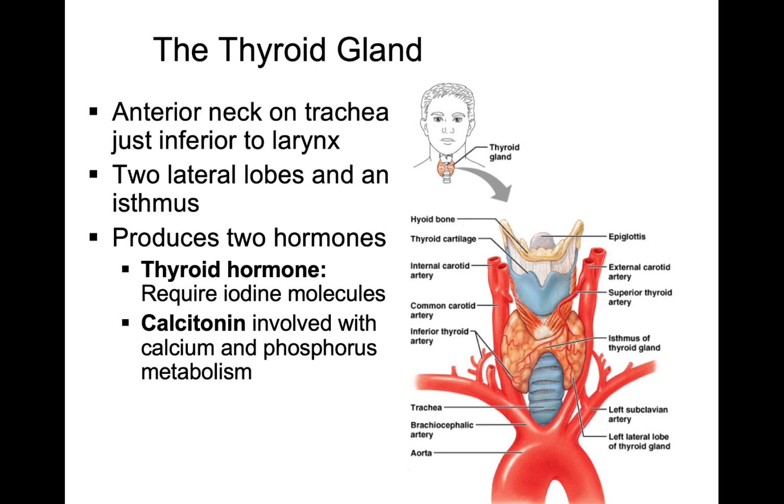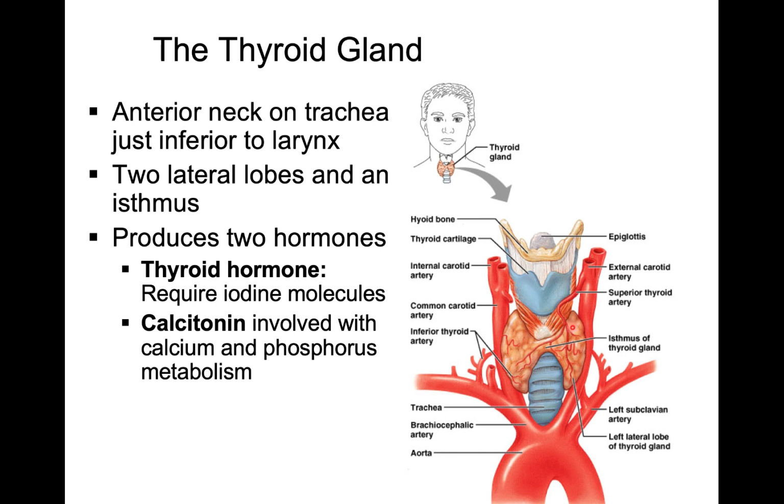Working our way down a little bit more, we have the thyroid gland. The thyroid gland is going to be found wrapped around your trachea, on the anterior portion. If you see this guy here, that's the thyroid gland, connected by this bridge called the isthmus. The thyroid gland makes two hormones: thyroid hormone, which requires iodine, and calcitonin, which is involved with calcium and phosphorus